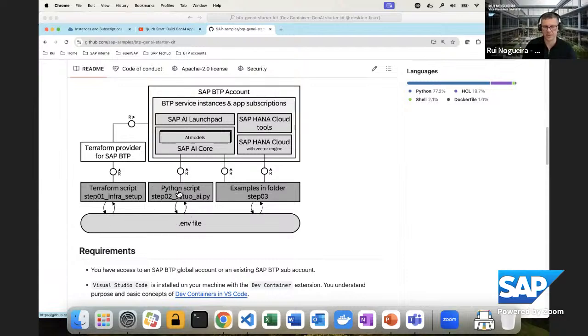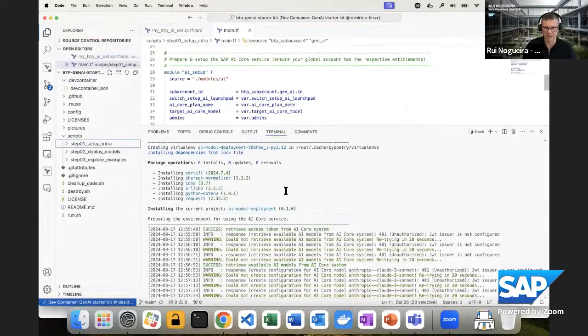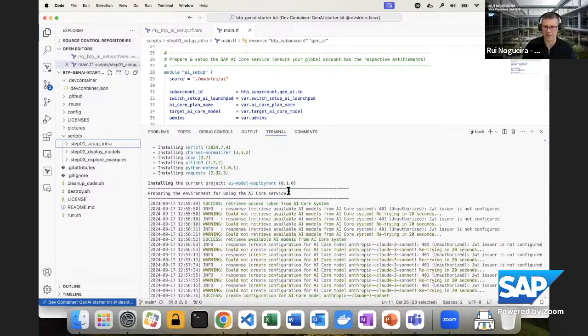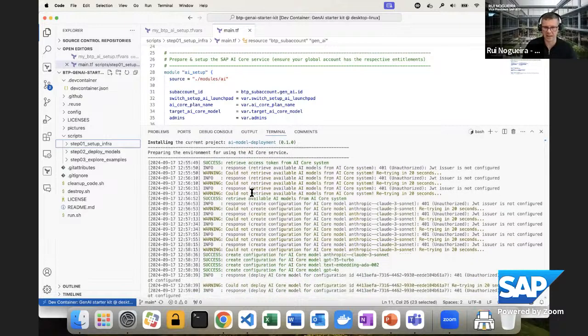Step 2 is about setting up the AI core service itself with the AI models. That's what you see here in the log as well, how the access tokens from the AI core system have been fetched. That takes a little bit, and then at the end you see here that we have created